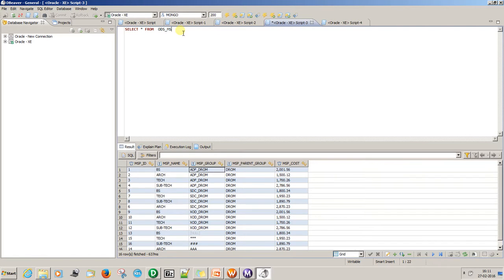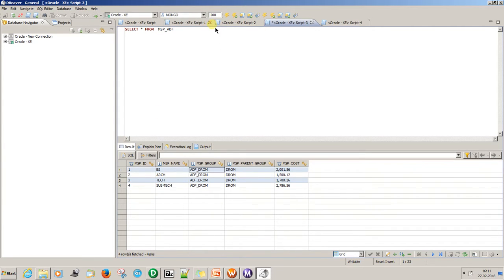Now go to the MSP tables. ADF group has 4 records, and SDC has 4 records, and the XOD group data should belong to this table. Finally the junk data. See, junk data is